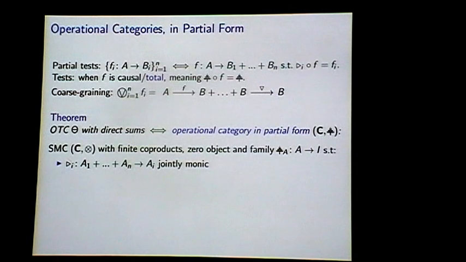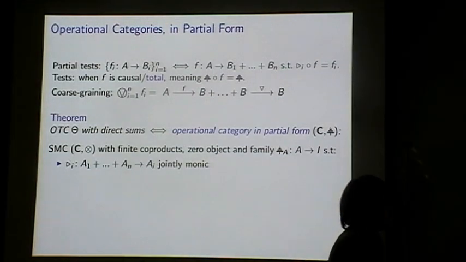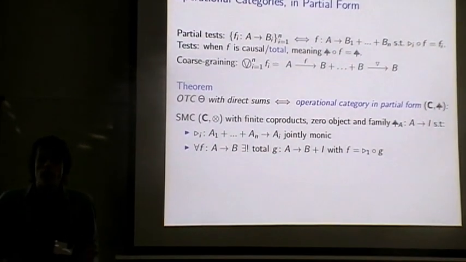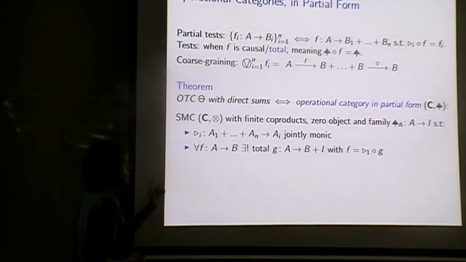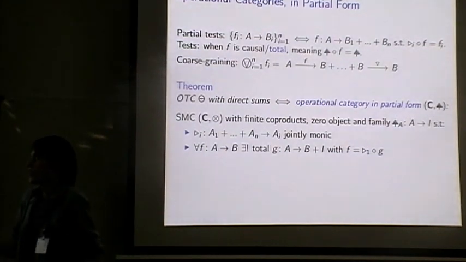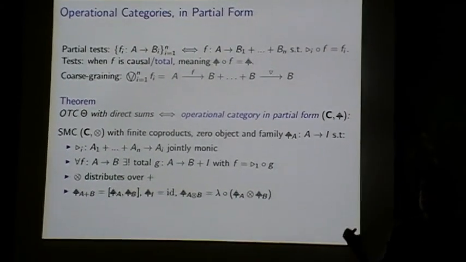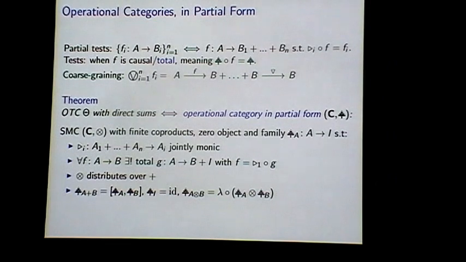So the first one says that the projections we had out of these co-products are jointly monic. That means if I have two arrows coming into this object here, and they project in all the same ways, then they'll in fact be equal. So intuitively, that would be like having two partial tests that have all the same outcomes. And so we would take those to really be the same partial test, so they should be equal. Other than that, there's just this condition that encodes the law we already met, which said that every event pairs with a unique effect to form a test, and that's just stated in this new language. And finally, just some basic compatibility conditions between these structures, between the tensor, the co-products, and the discarding. But these aren't the more interesting ones.